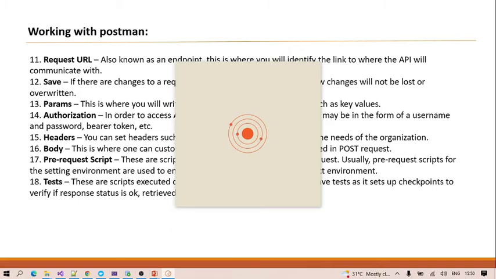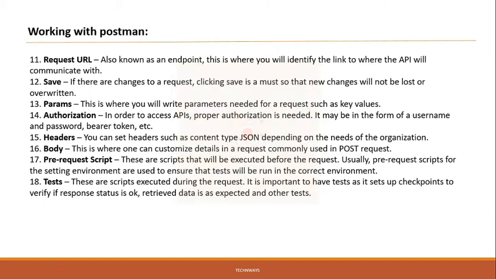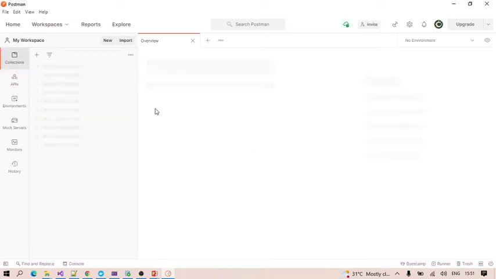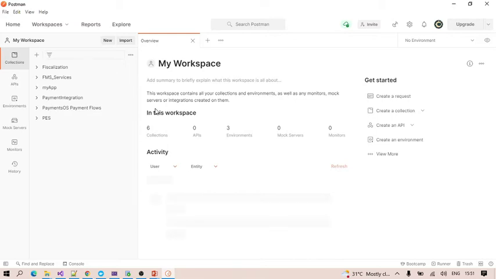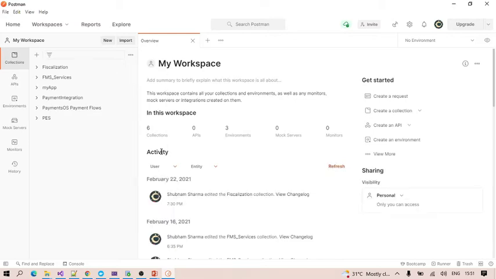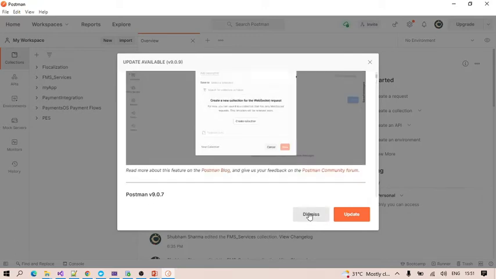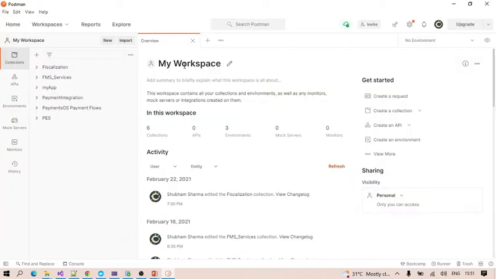Once you download it, you would be able to see this type of application. It has had a little update and is also asking for an update, so let me dismiss it right now.